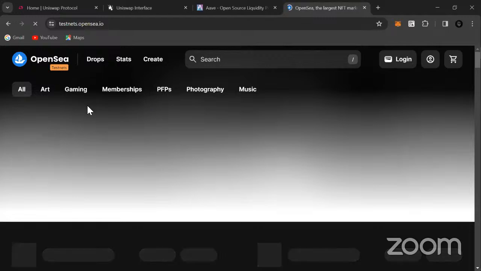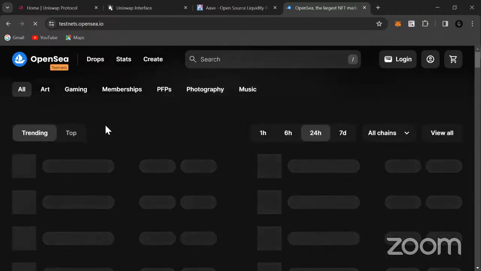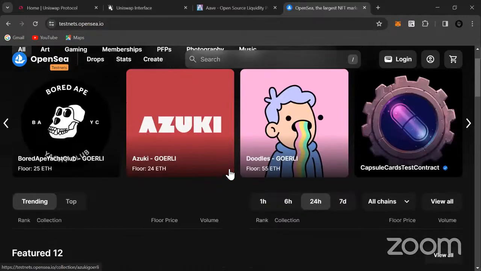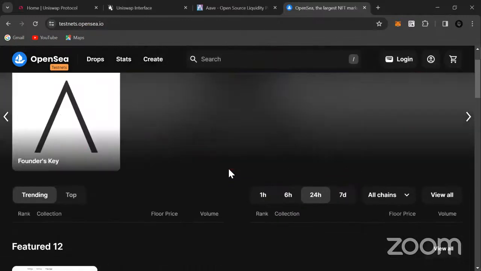So OpenSea basically is a protocol, a marketplace for NFTs, non-fungible tokens, right? You can create NFTs on OpenSea. You can sell NFTs. You can also buy NFTs and see some of the trending NFTs, right? All of these represent, of course, different communities with their different ideologies.